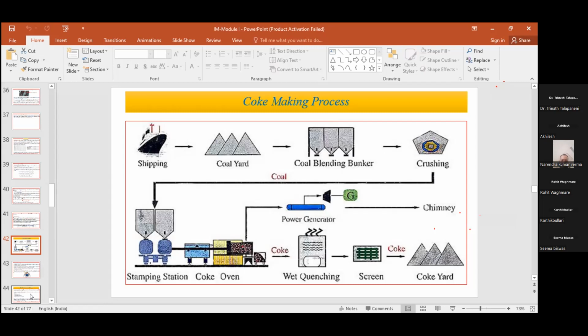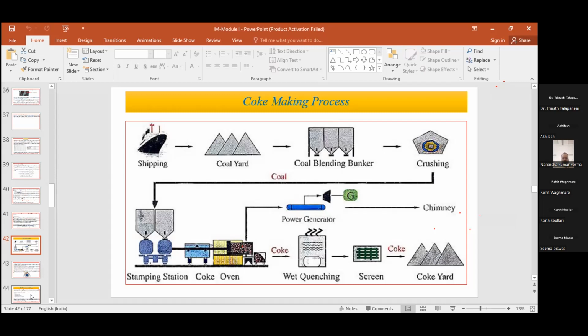And then once it has reached the plant area, by using the various raw material handling systems, especially wagon tipplers, we unload the coal from the railway wagons, and that unloaded coal is transported to the coal yards, to the conveyor belts, and from there again